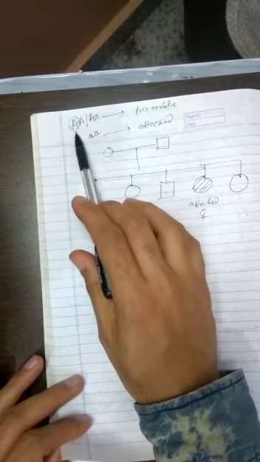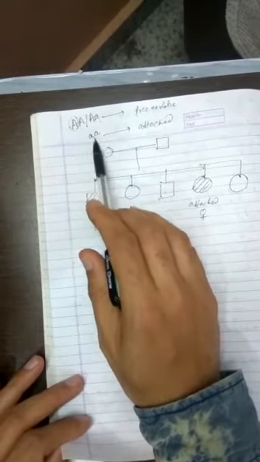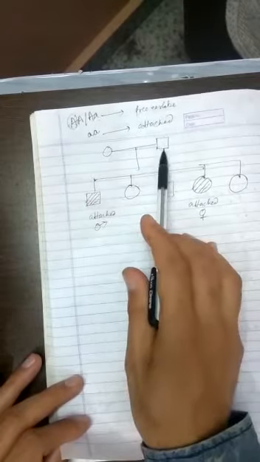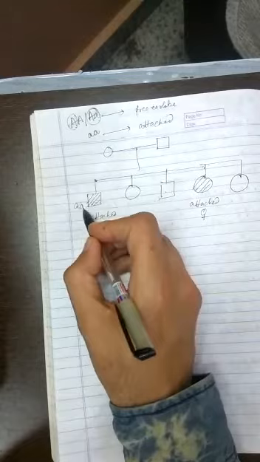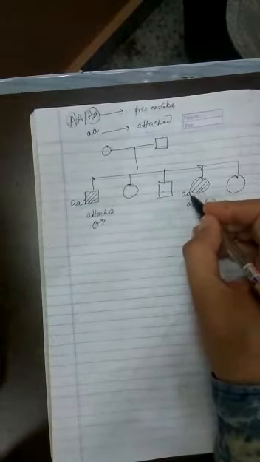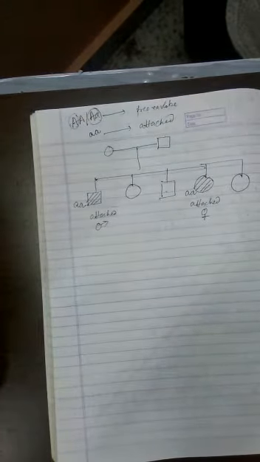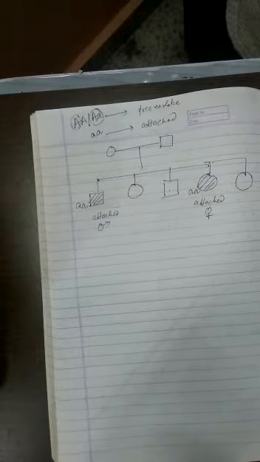But remember, if parents are pure line, then they cannot have such kids. If parents are having such kids, that means they are heterozygous. Reason is very clear. See, to have a child, now you can do one thing. Easy, first of all, a very easy point. Whenever these individuals are showing the character and you already know that they are recessive characters, you can mention them as small a, small a. So these are the genotypes of both affected, or you can say both the children, one boy and one girl, and both of them have got the attached earlobe.